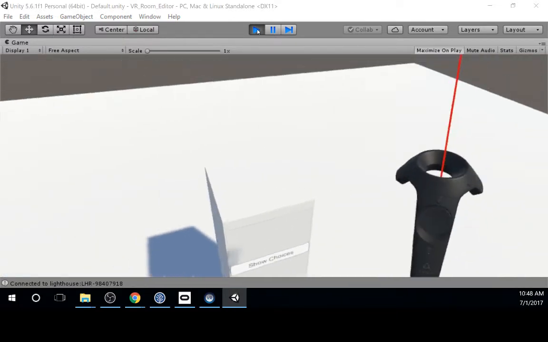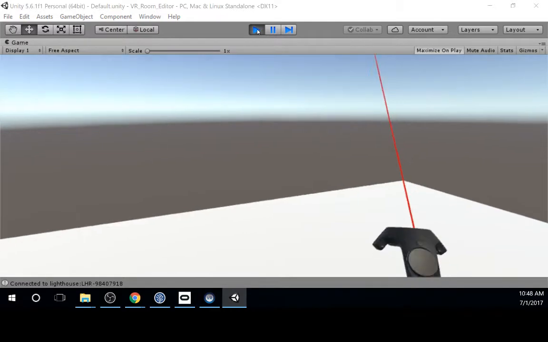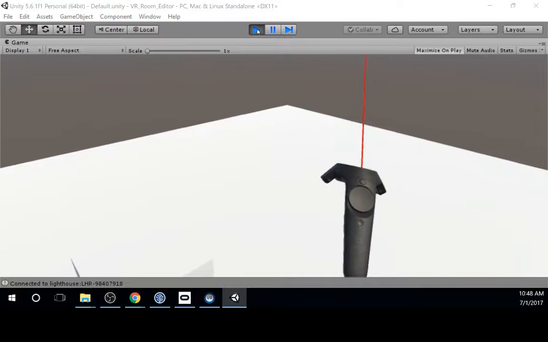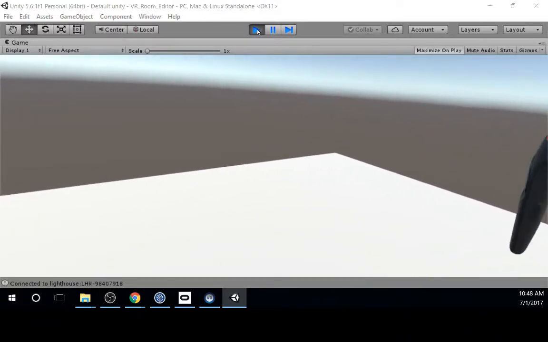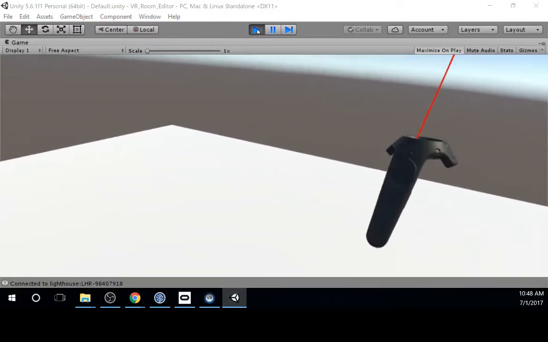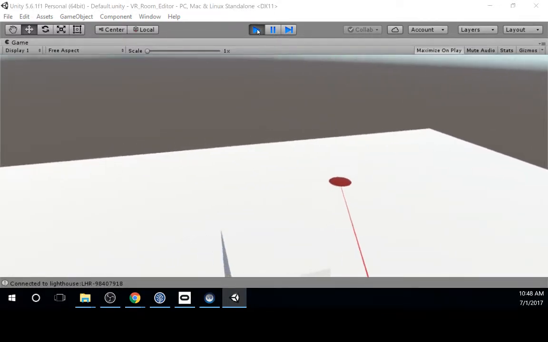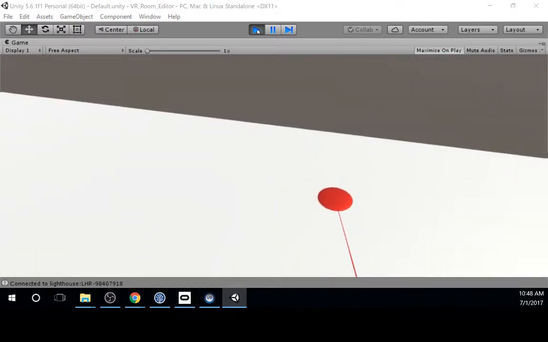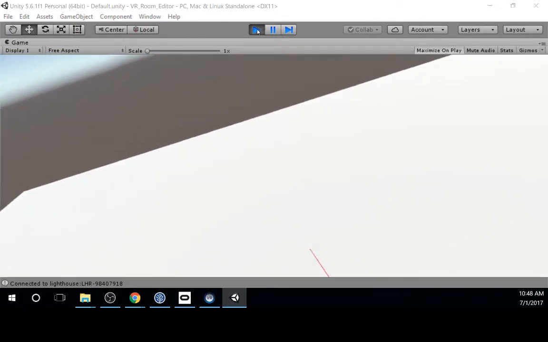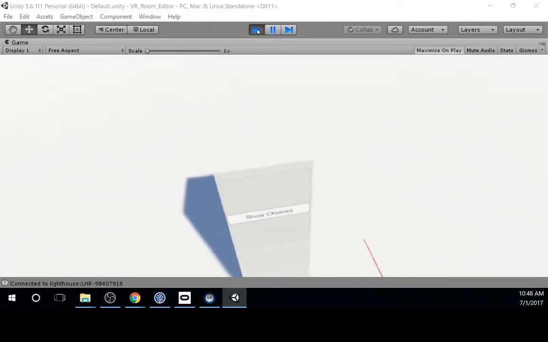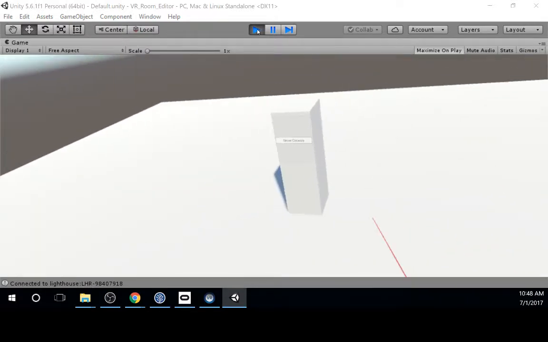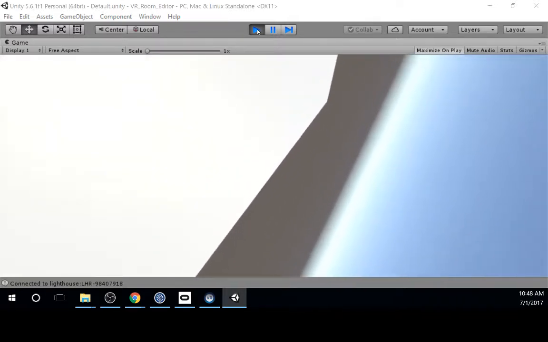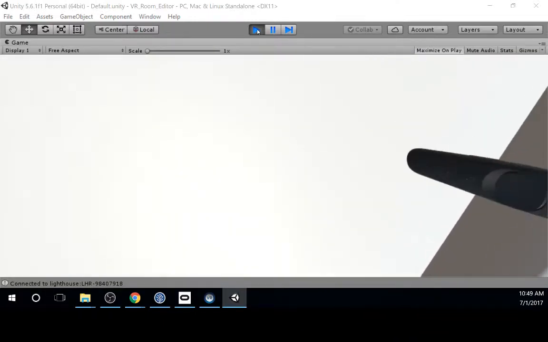So you'll have your controller, which will have a laser pointer on it. And if you put your finger on the touchpad, just touching it, the touchpad is a circle there, it'll show you where you're going to teleport to. And if you then depress it, you'll teleport there. You can get around like that. There's fancier teleport scripts that have the arc and look prettier, but this is super simple to code,